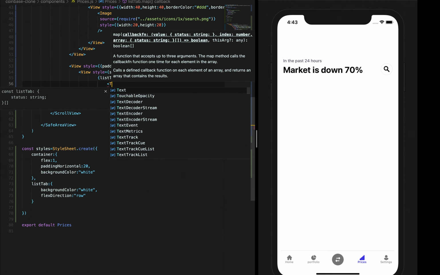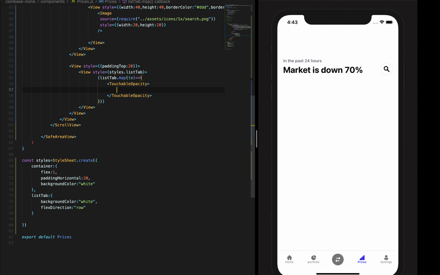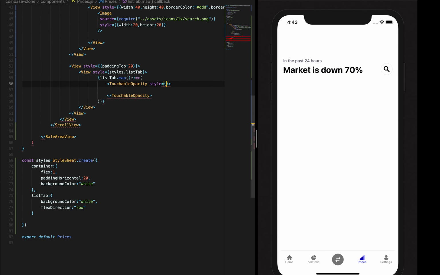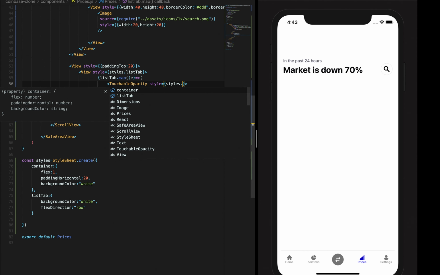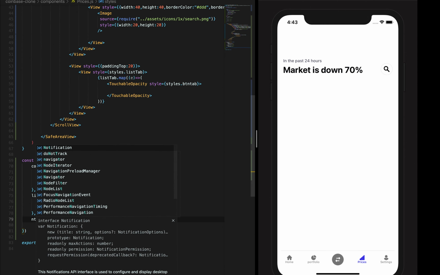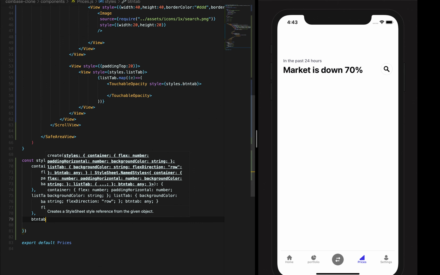I'm gonna return in a touchable opacity, and in this touchable opacity I'm gonna pass in a style, and I'm going to say styles.buttonTab, right? Come down here, creating a button tab like that,